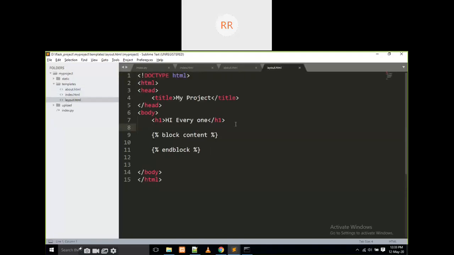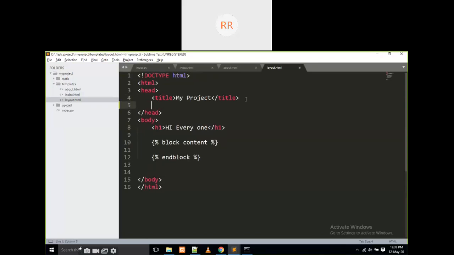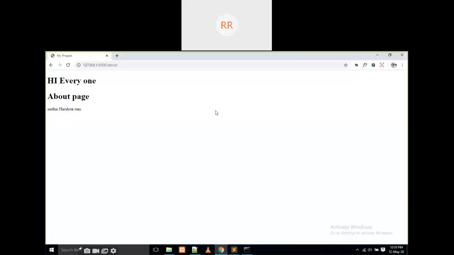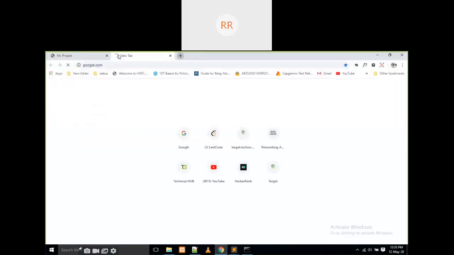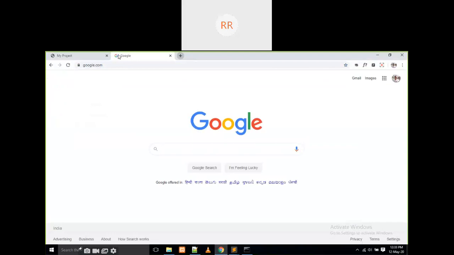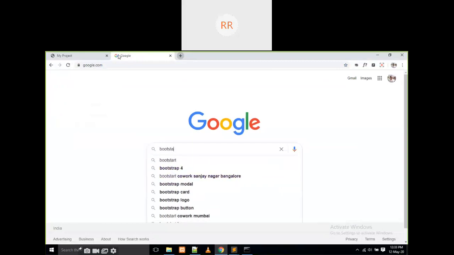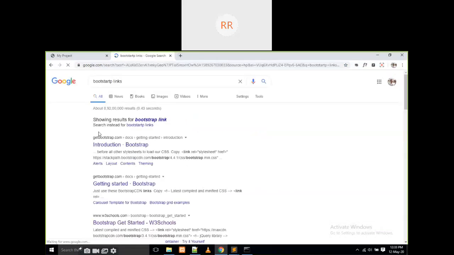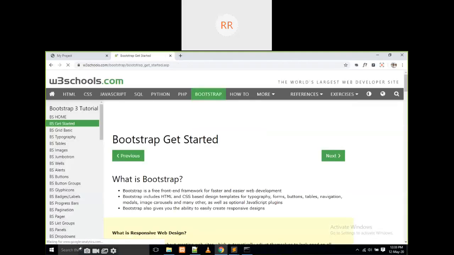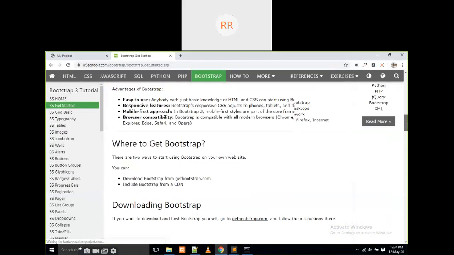Now here, this is the head part, right? In this head part, first of all, I want to add some bootstrap links, nothing else. Just go to W3Schools and scroll down.